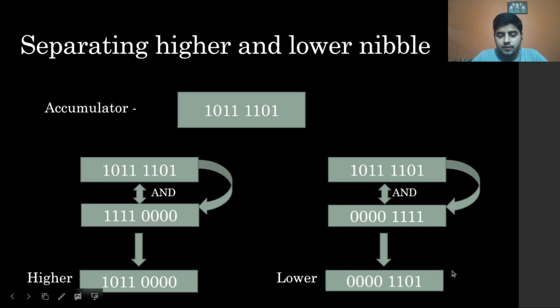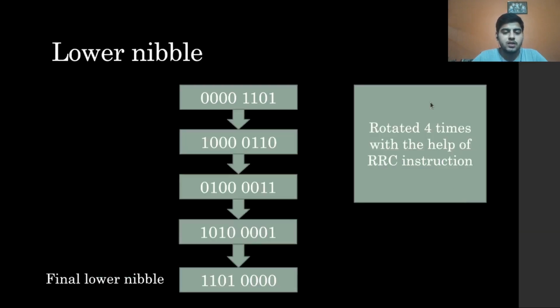Now we have to put it in such a form that we can compare it with the higher nibble and check whether it is a mirror image or not. So we have to transfer these 4 bits to here and these 4 bits to here. Let's see how we can do that. We just perform a simple rotate operation on this number.